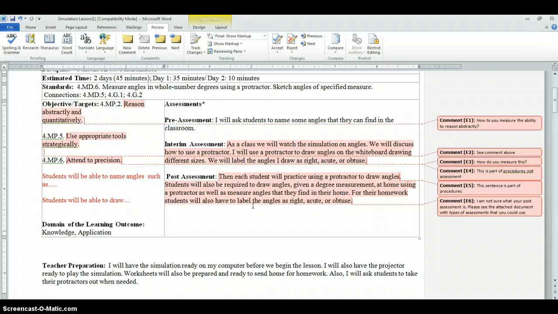Then use the appropriate tools. In your assessment, I don't know how you assess the ability to use appropriate tools. So it wasn't measurable, so I didn't see anything here that tells me that they'll be able to use tools appropriately. So here, like I said,